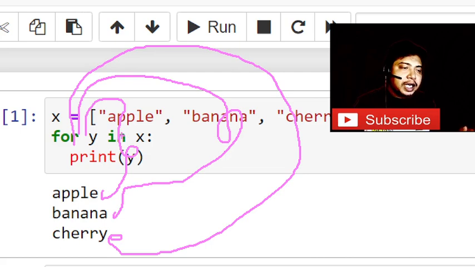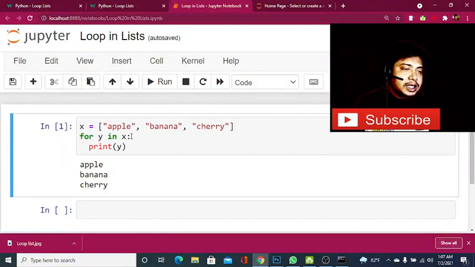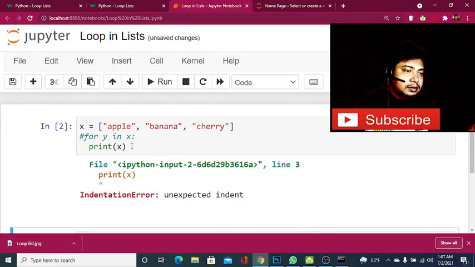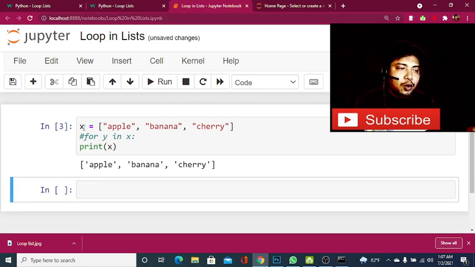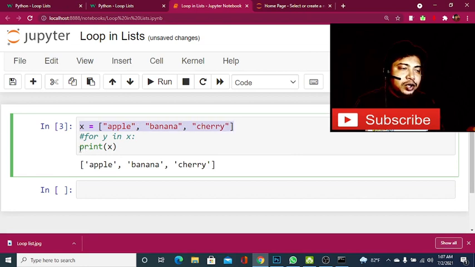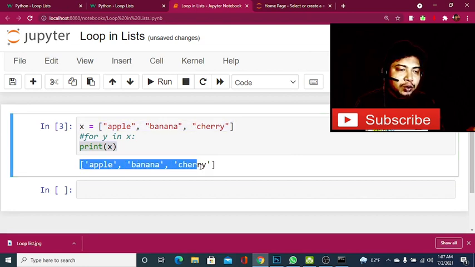But if we omit this and just print x, what will happen? We can see that we have created a list and printed the list, and the list has printed in a horizontal pattern.